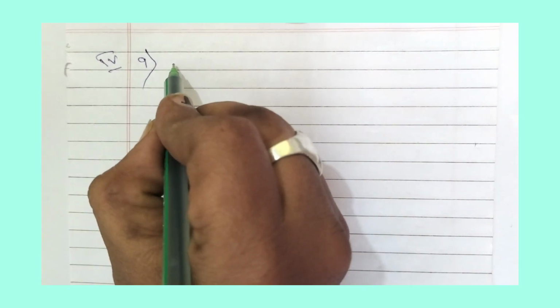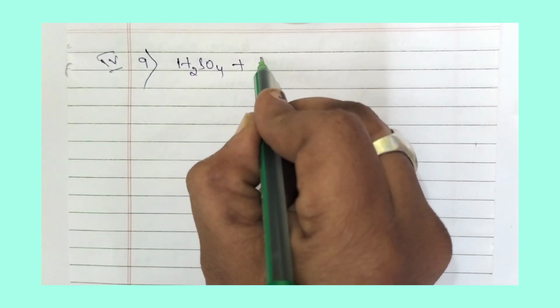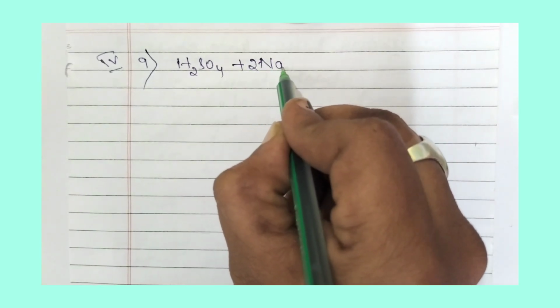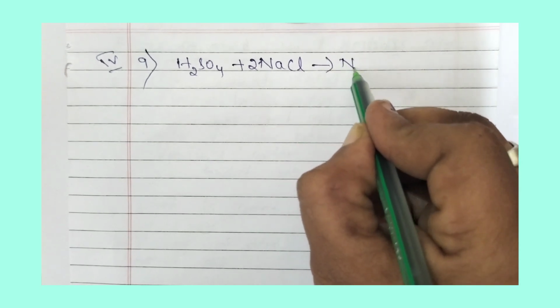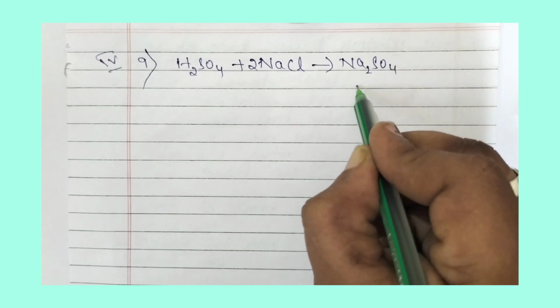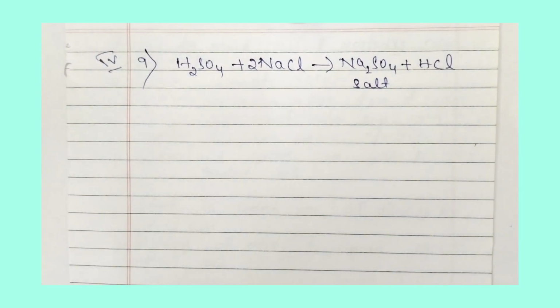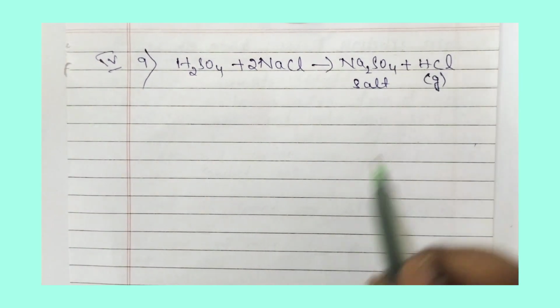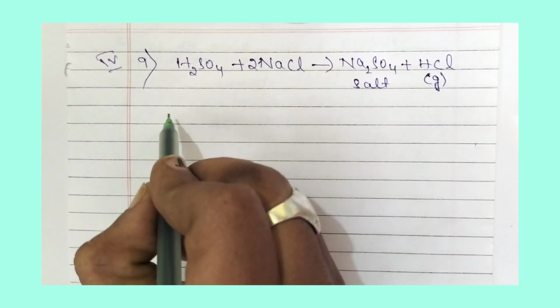So when H2SO4 is added to 1 gram of sodium chloride, 2NaCl, I am writing the balanced equation, it gives rise to Na2SO4. This is a sodium sulfate salt, and it liberates a gas, that is hydrogen chloride gas is released. So this is HCl, which is a gas. This gas is released. So what changes do you observe when you test the gas with dry